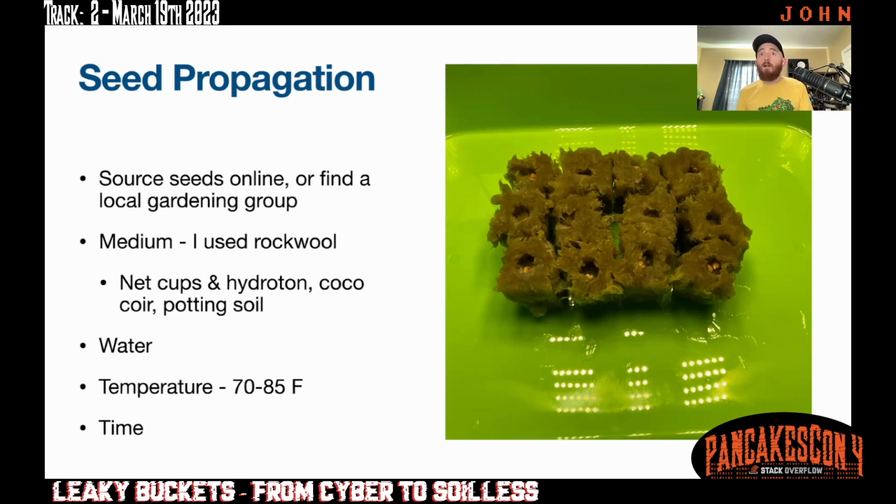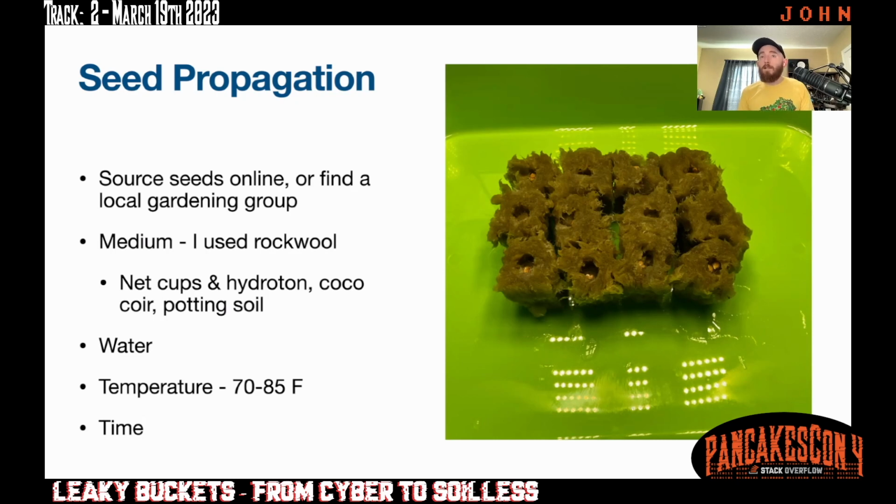The main factors for getting the seeds to germinate are water, temperature, and time. You want to make sure there's enough water. I've soaked these cubes in water to make sure they've got plenty of saturation, and I'll spray them every day or so. You want to get them warm enough. I think I've seen where 70 to 85 degrees Fahrenheit for tomato seeds. I shoot for about 75 because that's kind of the warmer places in my house can get around there.